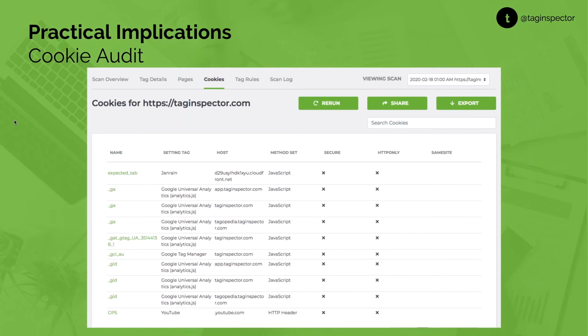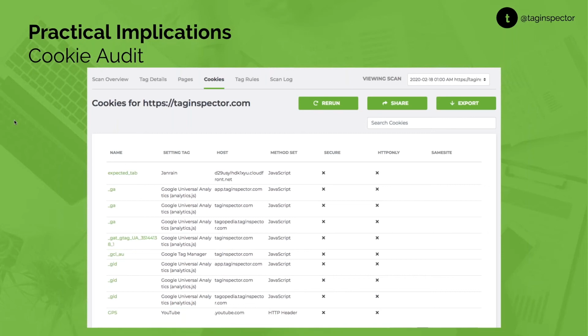Again, seeing this, there's not much that can be done from your site standpoint. It's not something like your devs need to go in and update these as it relates to the third parties that you might be working with. It's going to be an update on their side, but doing this type of an audit can make sure that any updates have been successfully rolled out to your particular instance of their tag and their configuration of those different tools. Something you definitely want to check.